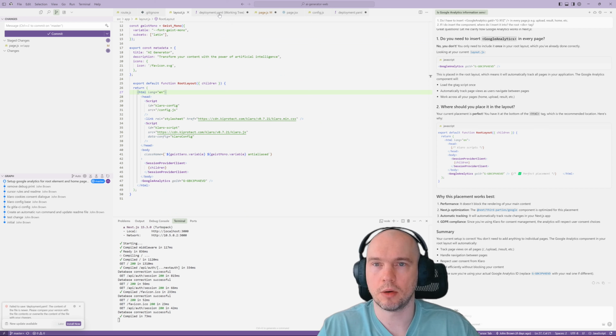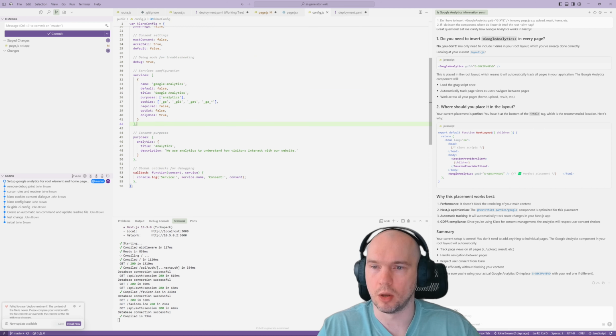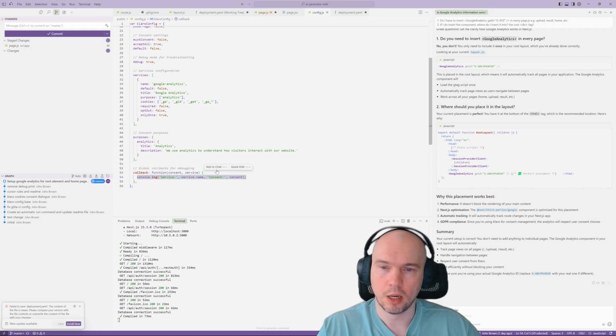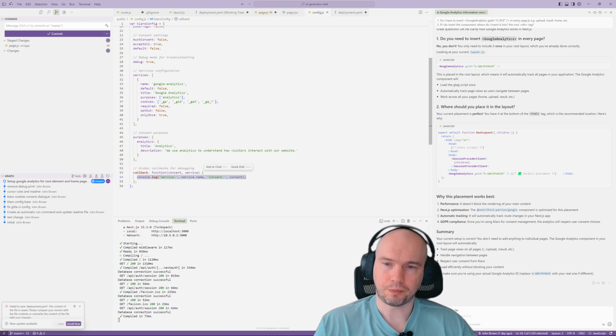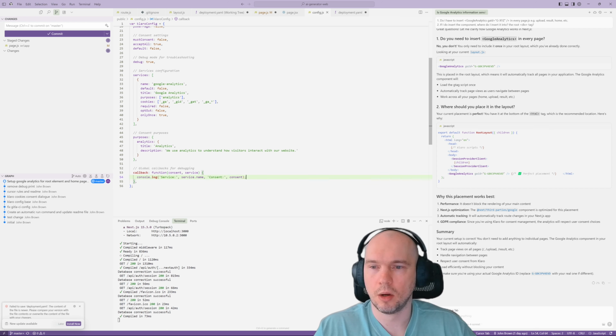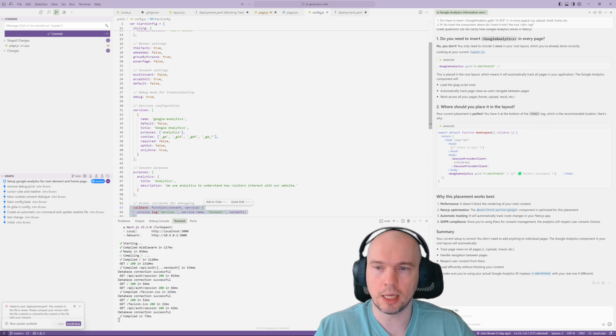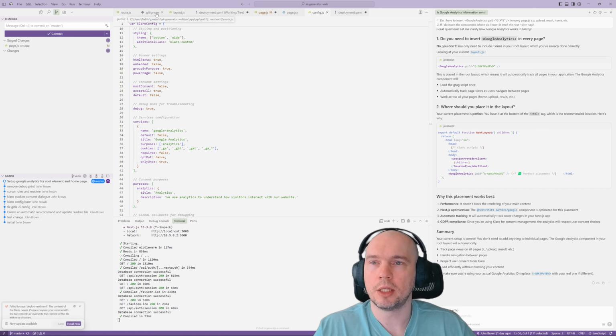Where is it? Config. Okay, over here. So over here we have to either initialize Google Analytics, right? We have to set a flag, and then over here, when user gave their consent to Google Analytics, and then